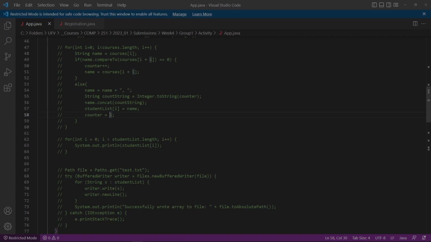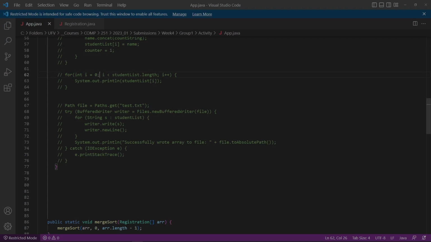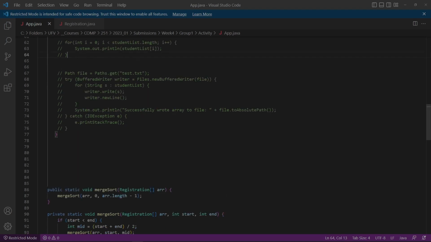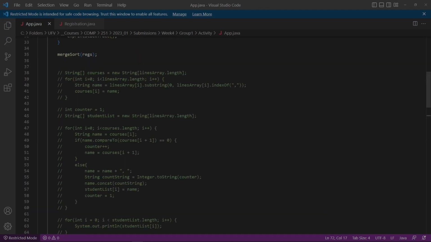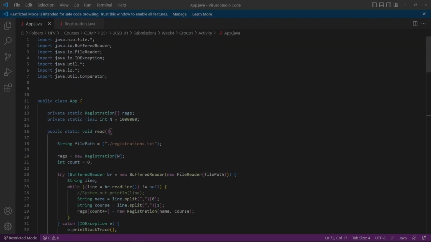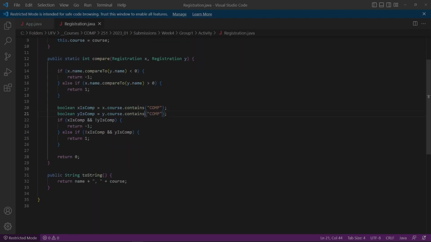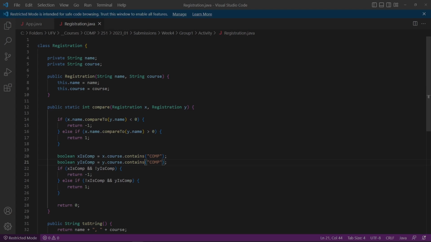Doing your counter, your course's length, you're concatenating things, you're printing it out to take a look. And then you're storing things in a file. So you gave yourself a little bit more practice that way. That's good. Okay, the rest of you, you've pretty much got similar kinds of code